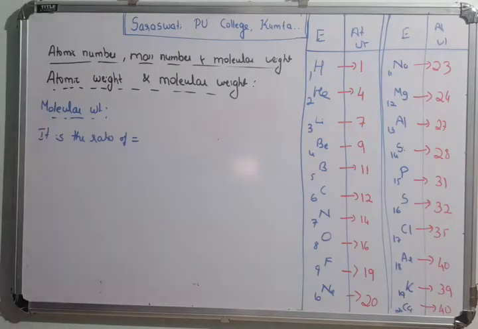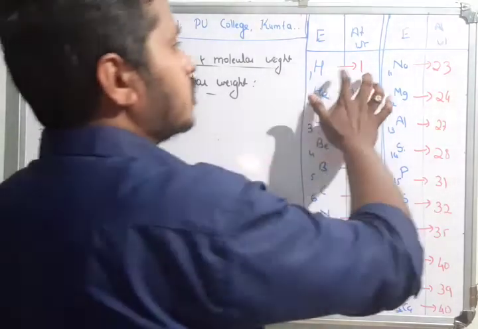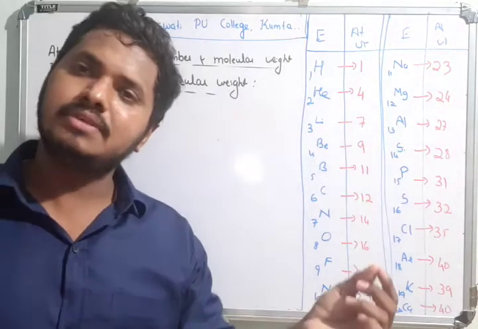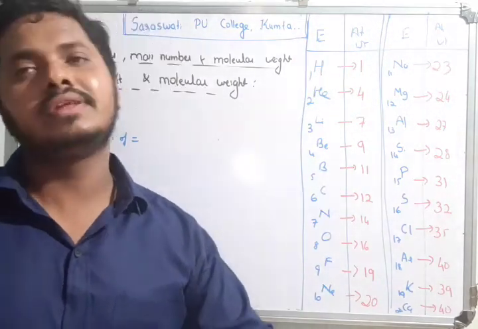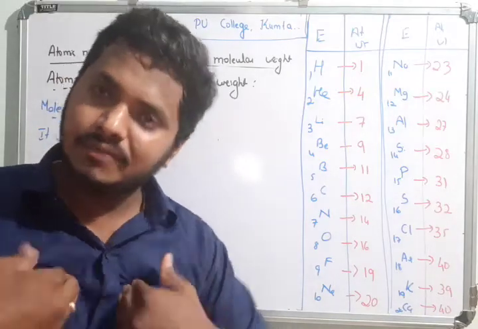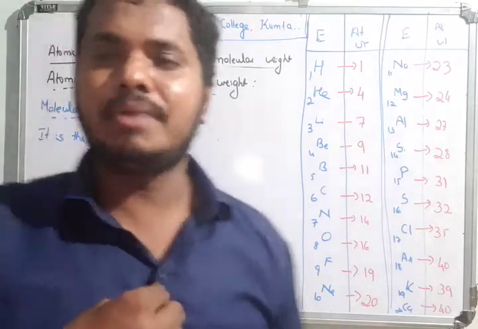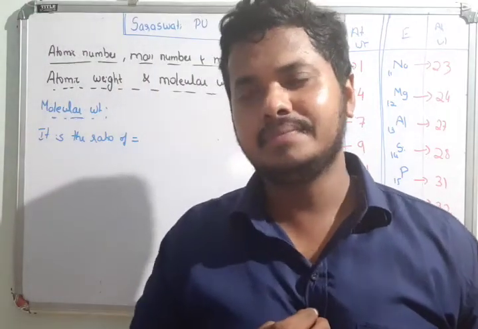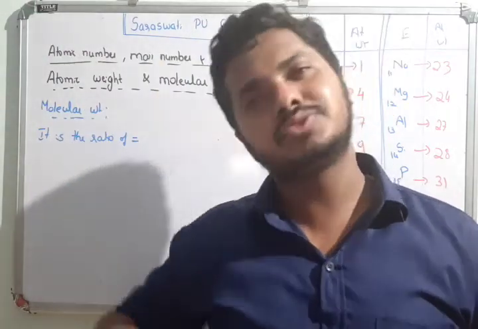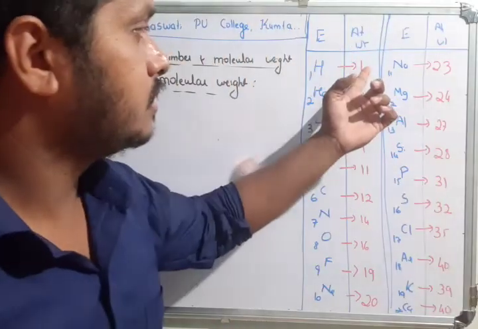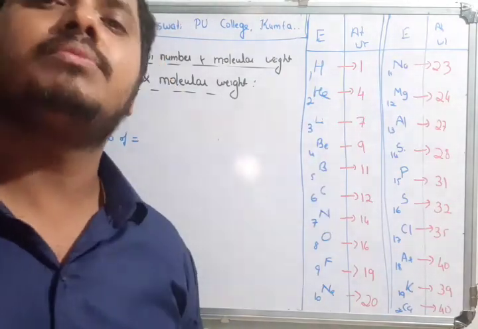Dear students, I told you that I have written the element along with the atomic weight. Hydrogen has an atomic weight of 1. Why is it 1? Because if you compare the weight of hydrogen with the weight of hydrogen only, you get 1. For example, if you compare my weight with my weight only, the ratio will be 1. Imagine my weight is 60 kg, and compared with my weight only, that is also 60 kg. So 60 upon 60 gives 1. That's why this value is 1.